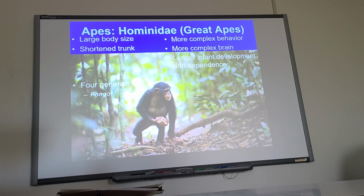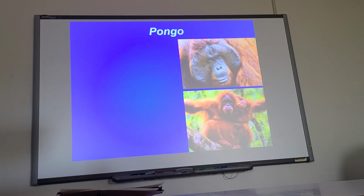And the genera are Pongo, I'll talk about each one of these. Gorilla, that's an easy one. Pan, and finally Homo, the genera in this group here. So a little bit about each of these. Okay, this is Pongo. We know the name orangutan. That's what it's called here. These have a very, very limited range, primarily Sumatra, basically. Oh yeah, Borneo too. So they're only living on a few islands in Indo-Malay,